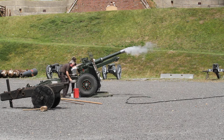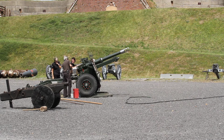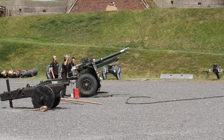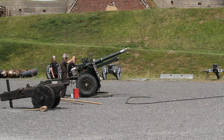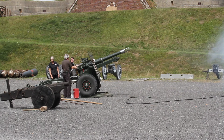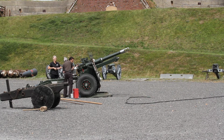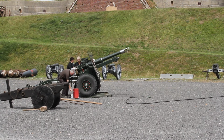We're just loading in the second round for you, and this will be the final round of our demonstration today. And we're ready once again. 5, 4, 3, 2, 1, fire. Ladies and gentlemen, that concludes our demonstration for you today. Please give the team a big round of applause. And in a minute we will open the barriers and you are more than welcome